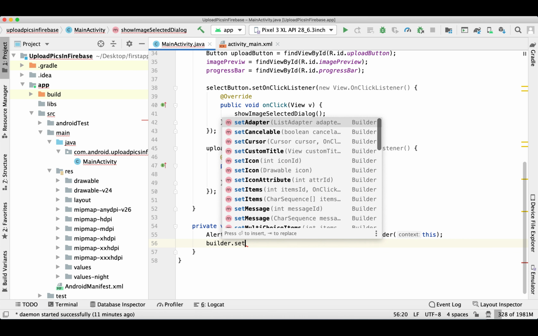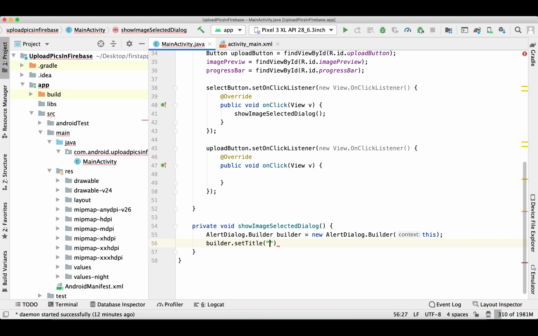For that I'm simply creating an alert dialog with three buttons.